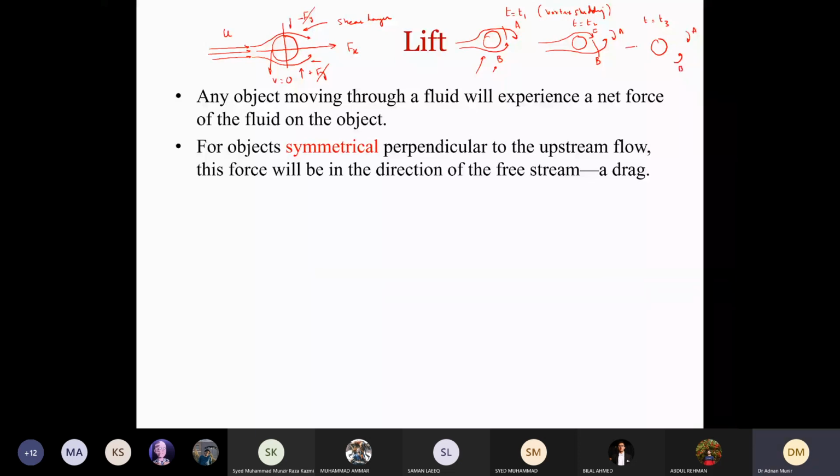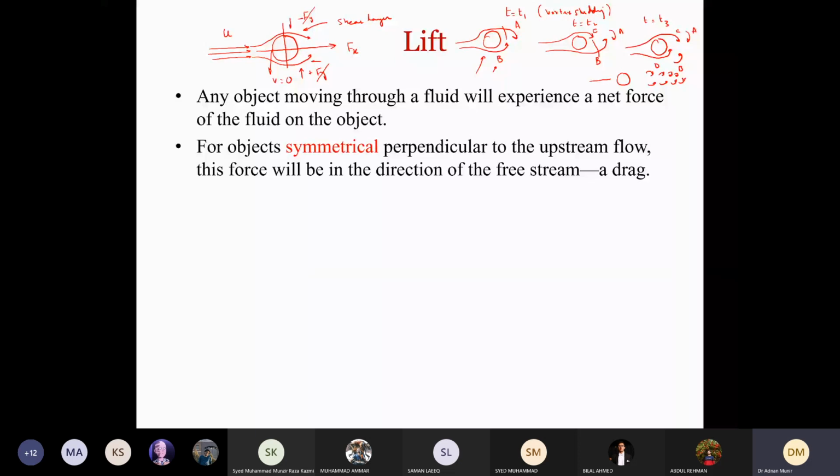Now C is already growing, and there is another vortex generating from the bottom, which is D now. And again, D will cut C, and this way we have periodic vortex shedding, shed like this, one after the other, like this in the wake. This is called periodic vortex shedding or Kármán vortex street also.